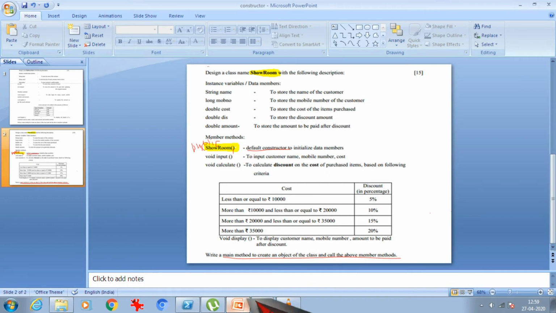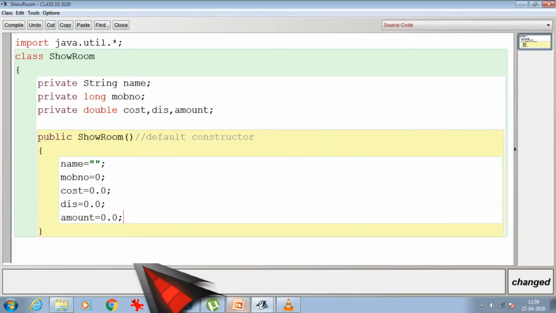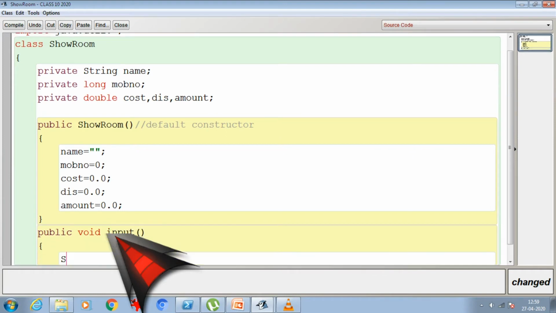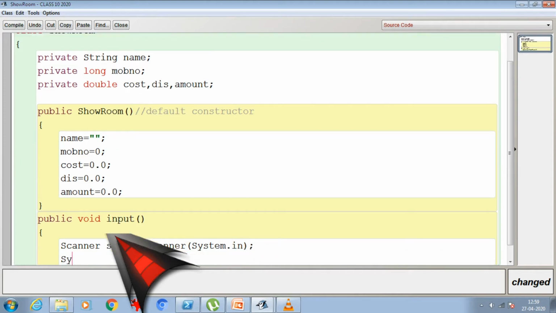Now let's move on to the next method, which is public void input, to accept the customer name, mobile number and cost. To do that, I will first write public void input, and I will have to write the Scanner class inside it, as I'm going to accept the value from the user over here.